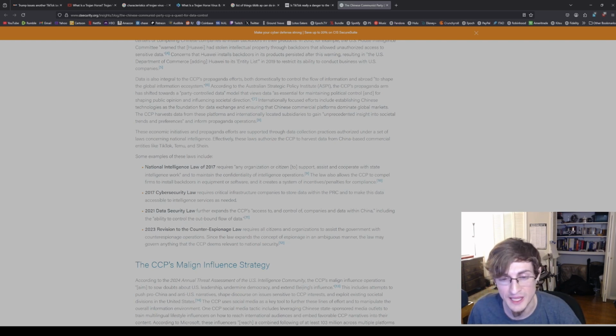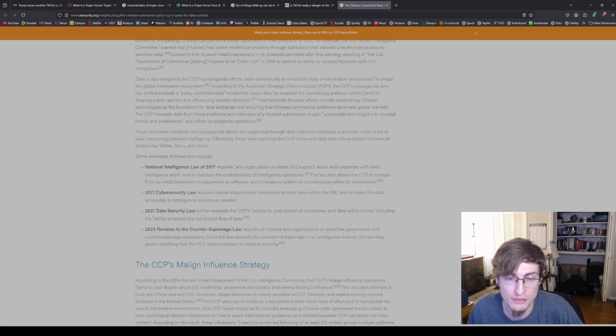The 2021 Data Security Law further expands the CCP's access to and control of companies and data within China, including the ability to control the outbound flow of data. Obviously, that's for censorship.